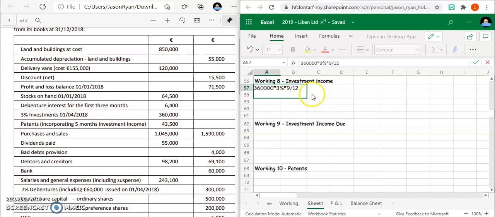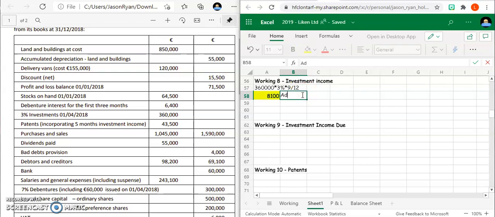And that's going to give us our yearly investment income. So 8,100, that'll go into add to your operating income,